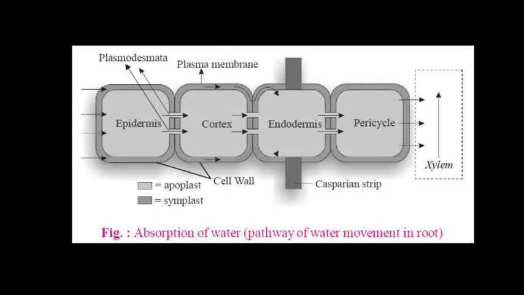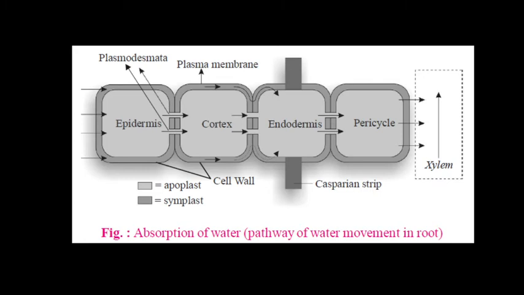So the outer layer of cells in the root is called the epidermis. Epidermis is only one cell thick. The layer of cells around the vascular tissue, meaning xylem and phloem, in the root is called the endodermis. It is the outermost layer of the cortex. The part of the root between the epidermis and the endodermis is called the root cortex. There are many MCQ type questions arising from these topics.